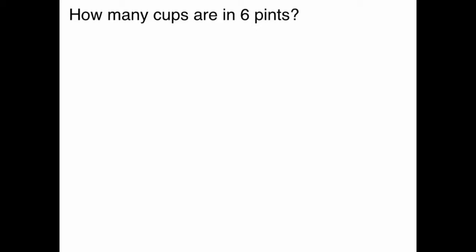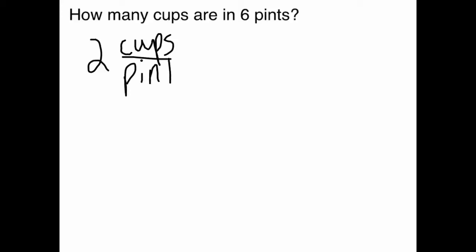Alright, let's look at this first one. How many cups are in 6 pints? Well, I know that there are 2 cups per pint, and that's for 1 pint, and I have 6 pints. So all I have to do here is multiply by 6. 2 times 6 is 12, which means there are 12 cups